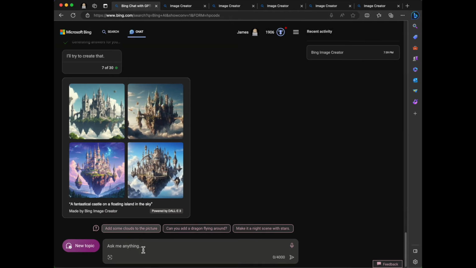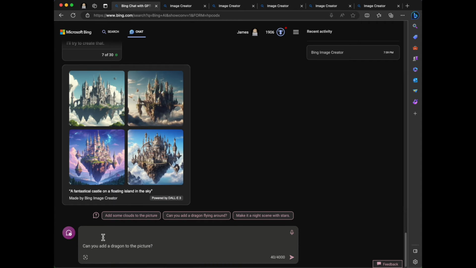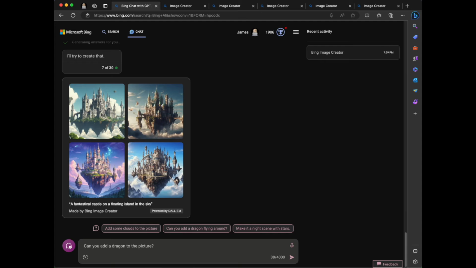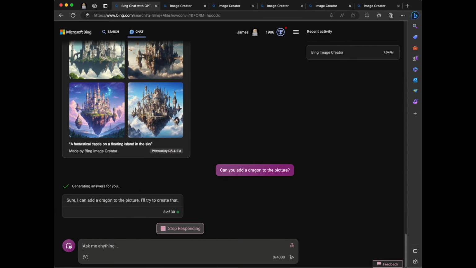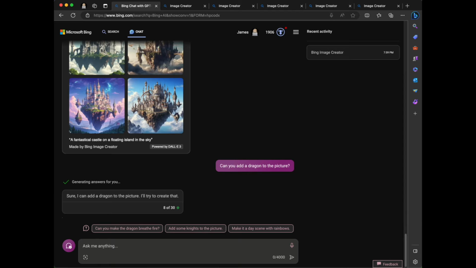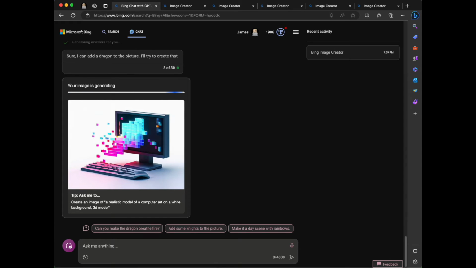Speaking of Game of Thrones and the years it took for us to see a dragon, I'm going to ask, can you add a dragon to the picture? Game of Thrones was awesome, but waiting for those dragons to show up was crazy. House of the Dragon was like episode 1, dragons. It was great. But I guess that was back in the day when there were more dragons and all that fun stuff. But anyway,